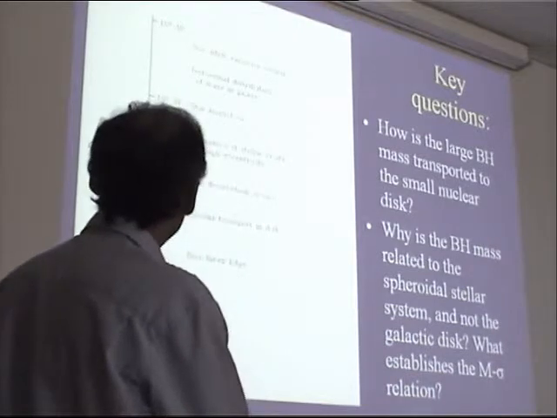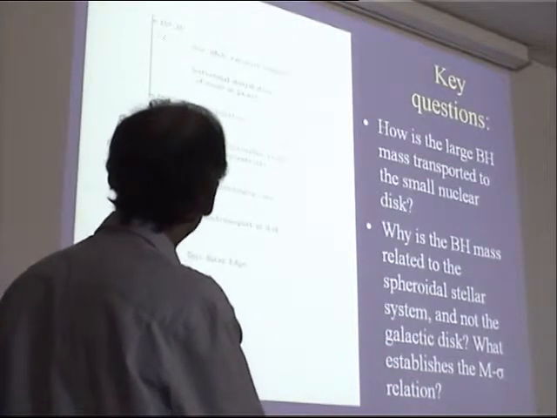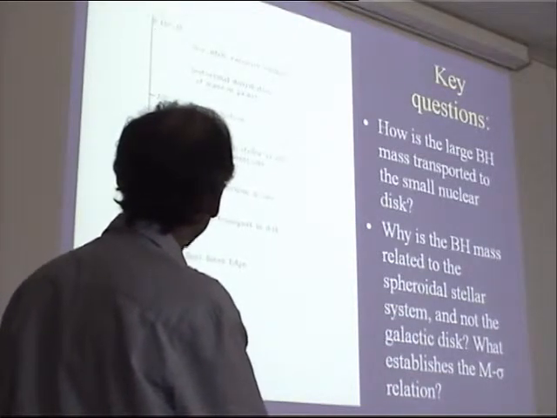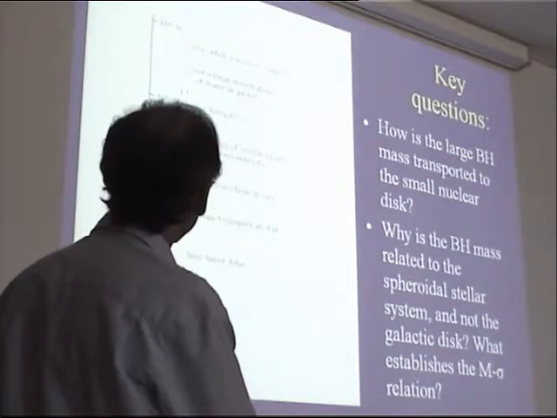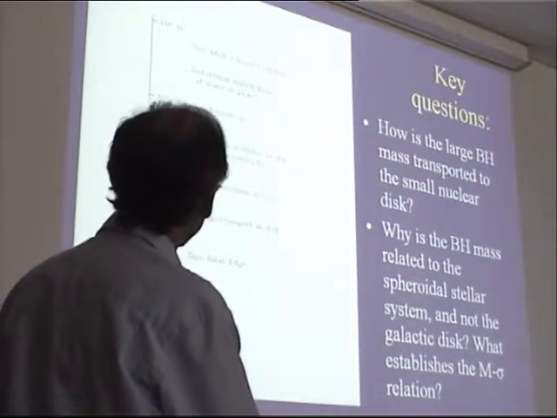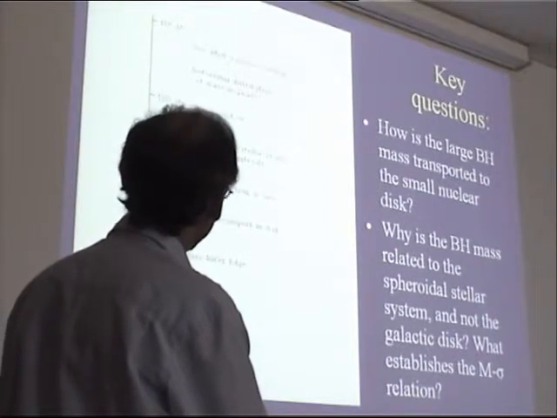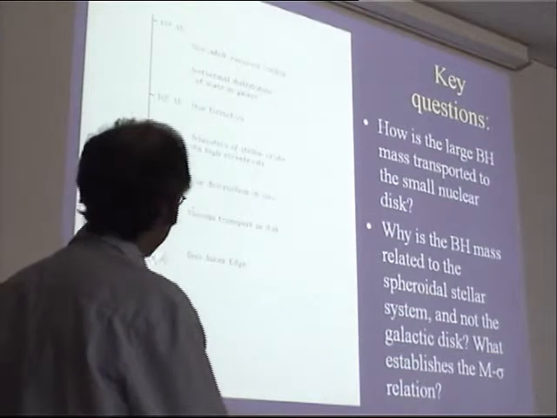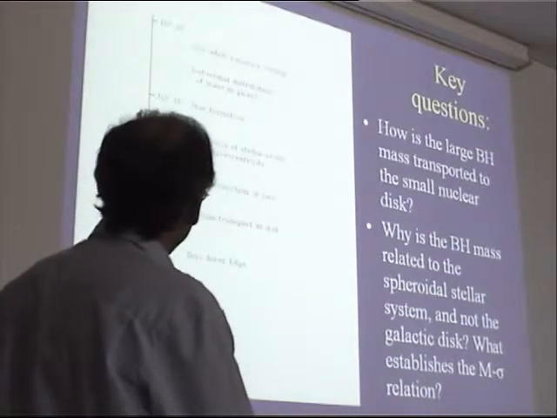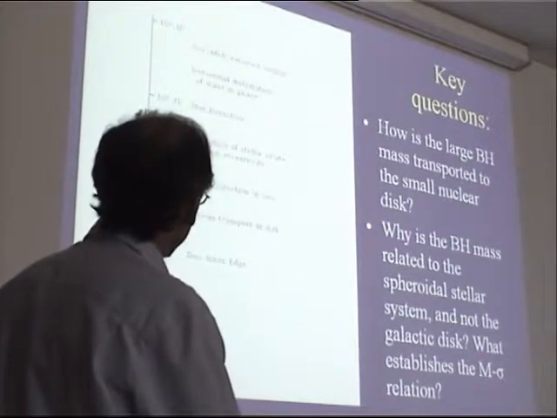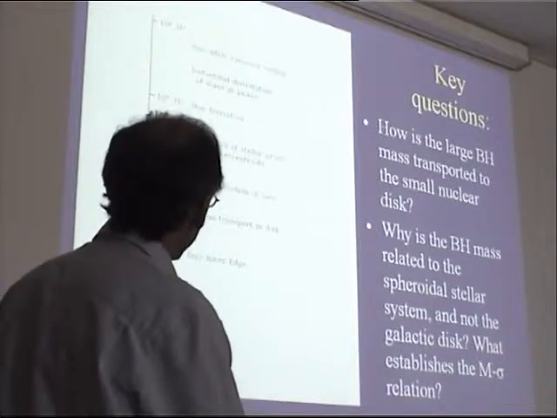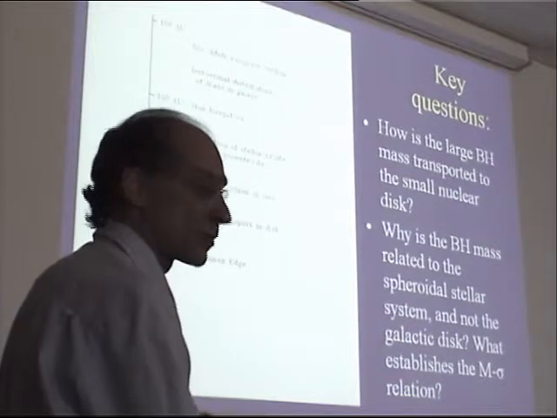This is the whole range of radius I was talking about. 10 to the 9 AU is 5 kiloparsec, the size of the galaxy. 10 to the 6 AU is more or less the zone of influence of a black hole that here is taken to be about a 10 to the 6 solar mass black hole. 10 to the 3 AU is the region of the accretion disk where it becomes quite luminous. 1 AU, that's when you get to the Schwarzschild radius.